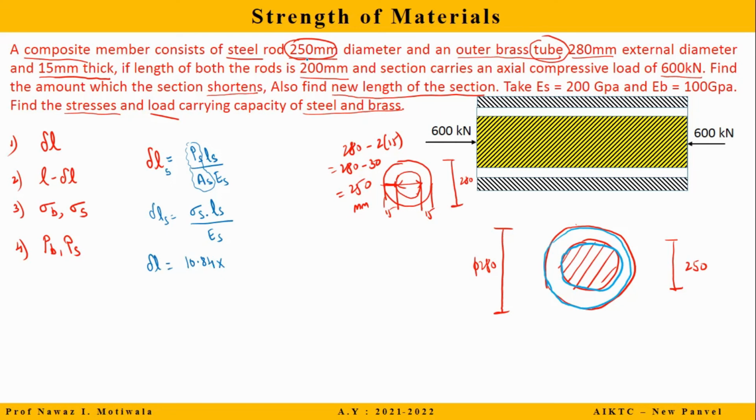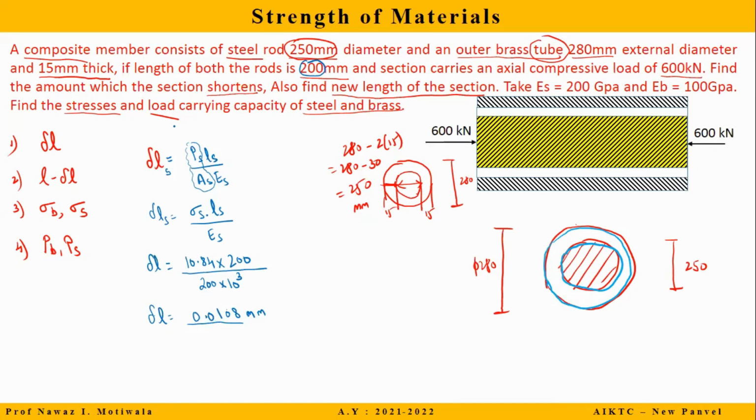So here it is given, the length of both the rods is 200 mm. So length will be 200 divided by, what is Young's modulus for steel given? 200 GPa. So it will be 200 multiplied by 10 raised to 3. So every value I have substituted, just calculate and tell me the answer. What is the change in length? So delta L is 0.0108. So this is the change in length.